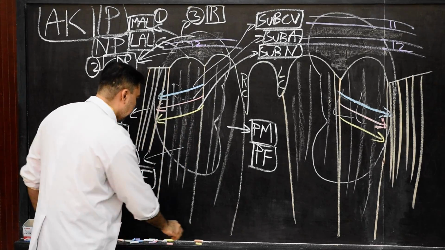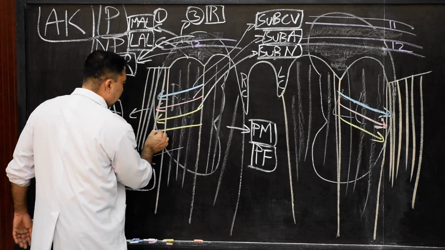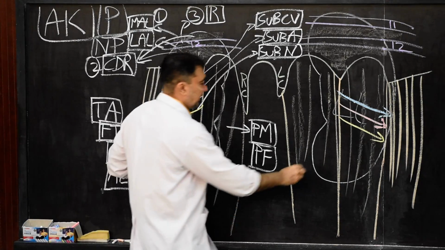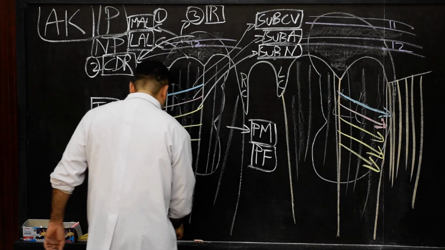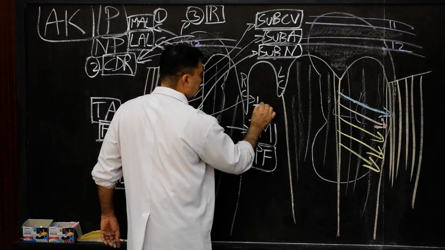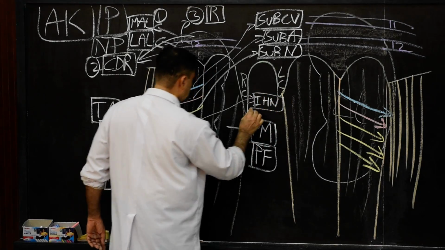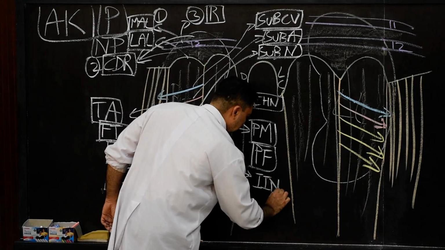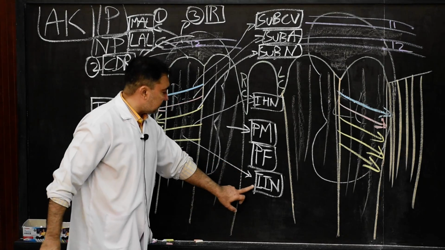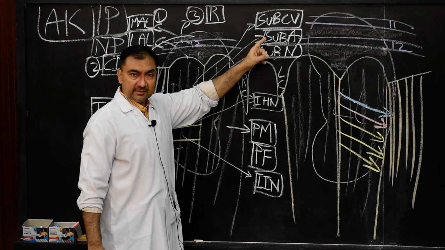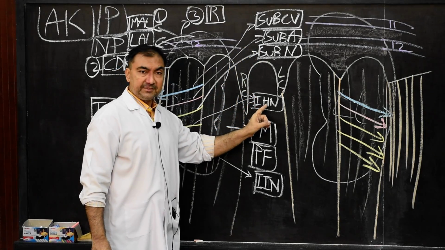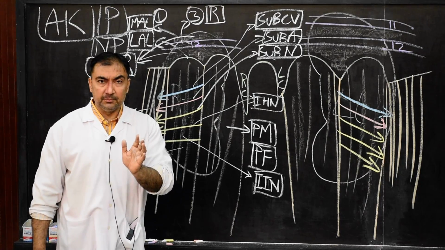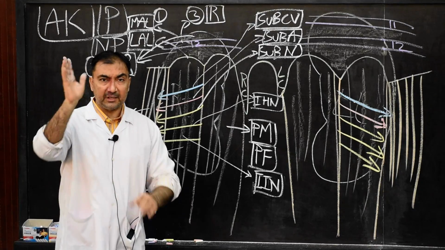Now two more structures we have to add. Same, they are nerves only. One arrow, iliohypogastric. Another last arrow, ilioinguinal. Same way, we name this as iliohypogastric nerve, structure number 4, and this as structure number 5, ilioinguinal nerve. These are the five structures: subcostal vessels, subcostal nerve, then iliohypogastric nerve, ilioinguinal nerve, which are in relation to the anterior surface of quadratus lumborum muscle, but posterior surface of the lower part of the kidneys.